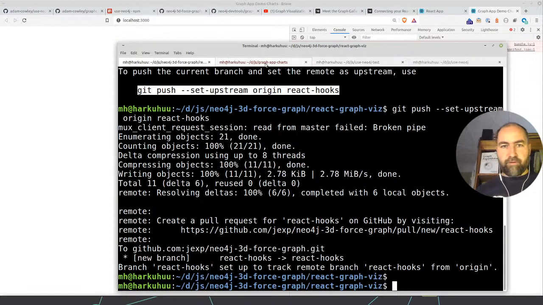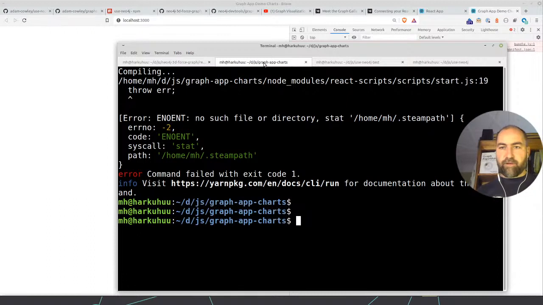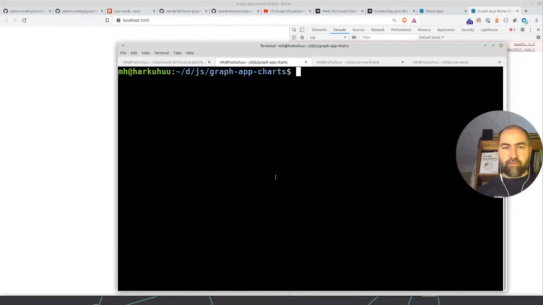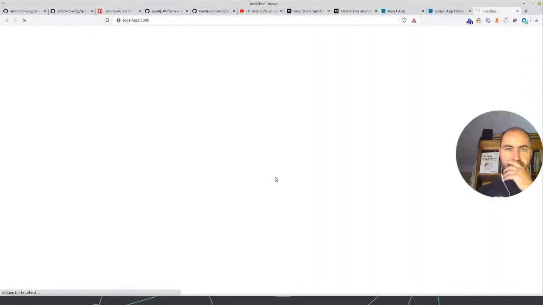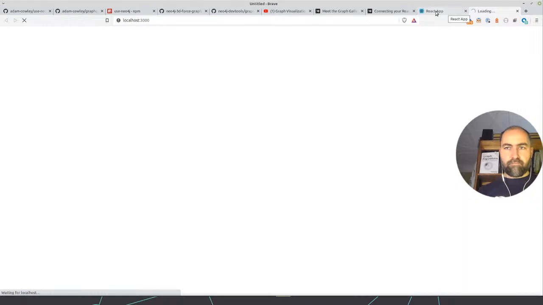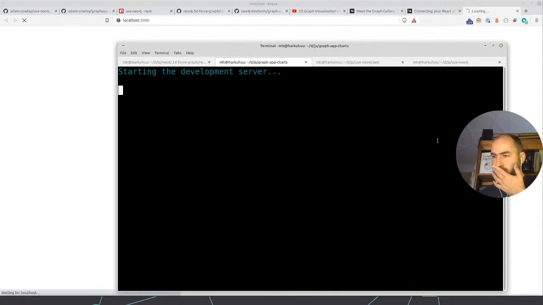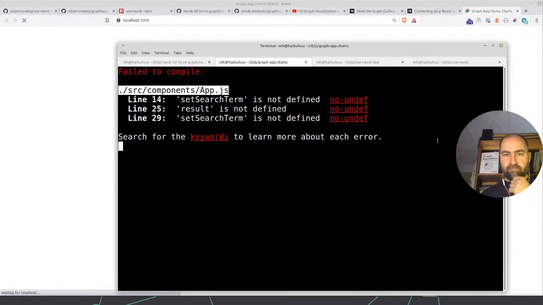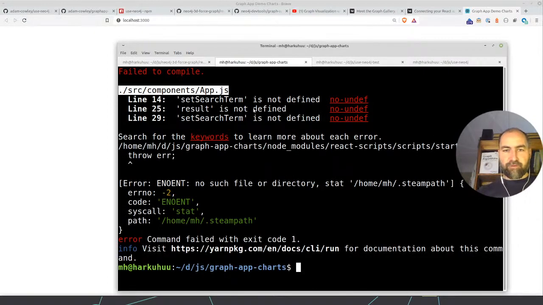Okay. Graph App Demo Charts, it doesn't like start scripts, compiling. What does it complain about? Set search term is not defined, result is not defined, and set search term is not defined.